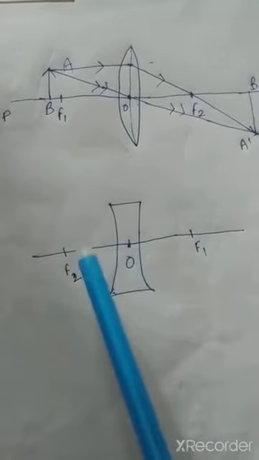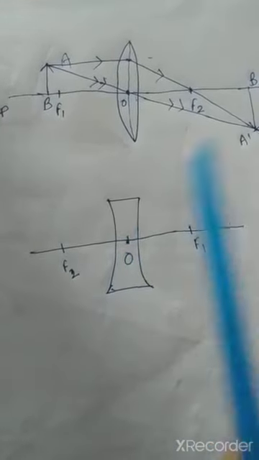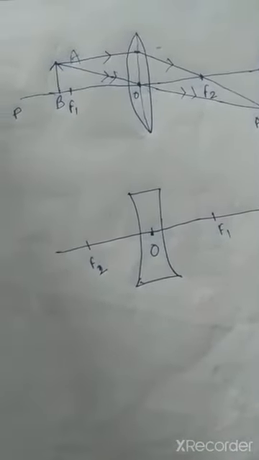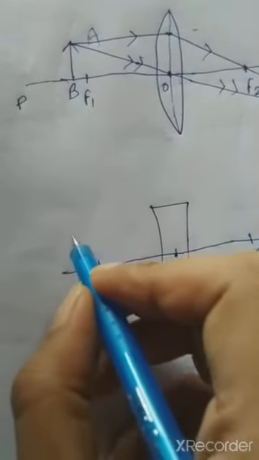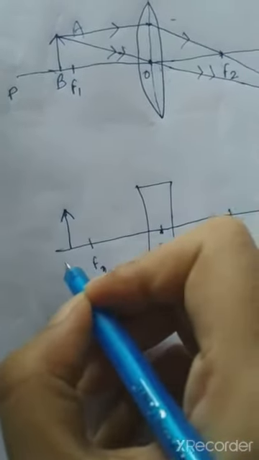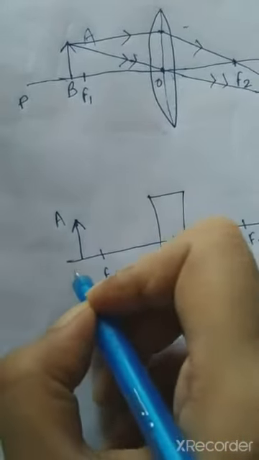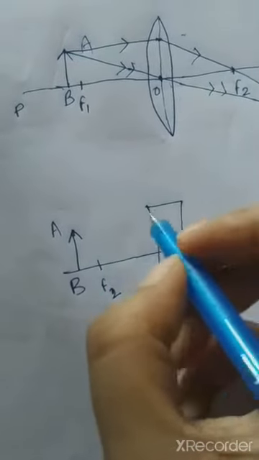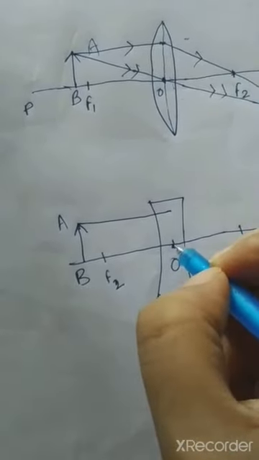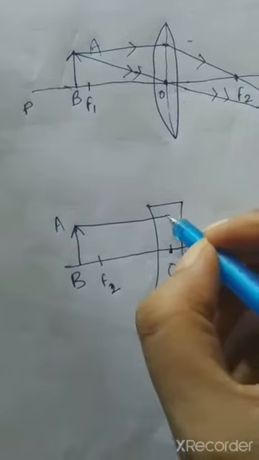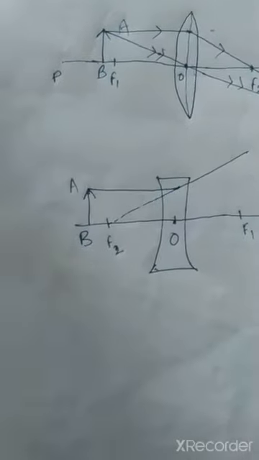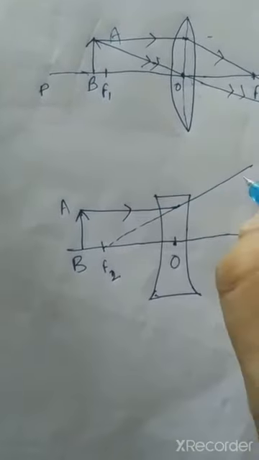And when you mark the point, see that this distance and this distance look the same. Now again you have to take the object. In case of a concave lens, in almost all cases the image formed will be virtual. So again this will be your AB. Again you have to take two rays of light, one parallel to the principal axis and one passing through the optical center. The one passing parallel to the principal axis will diverge and it will appear to come from this point F2. Clear? Mark the arrow.